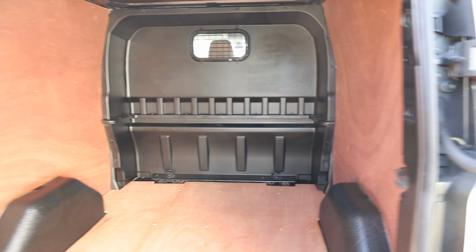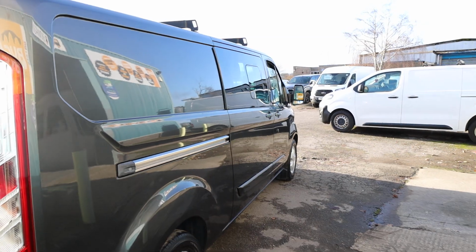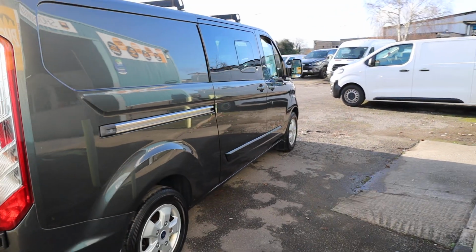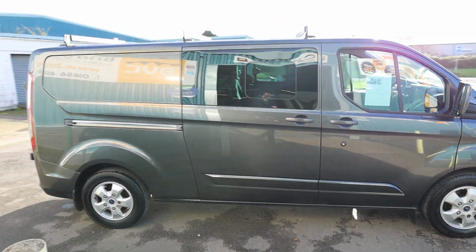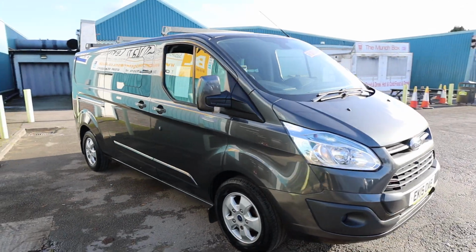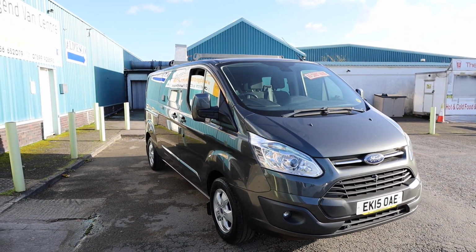If we shut the rear barn doors, we'll then continue to go around the rest of the vehicle and have a look around here. So moving then down the driver's side and having a good look down the side of the vehicle, you can see just how clean and straight this particular vehicle is. One thing to note here is the colour of this particular van is called magnetic, so it is a beautiful metallic grey colour, very, very popular,